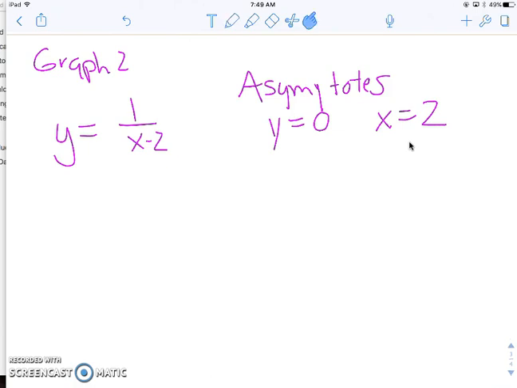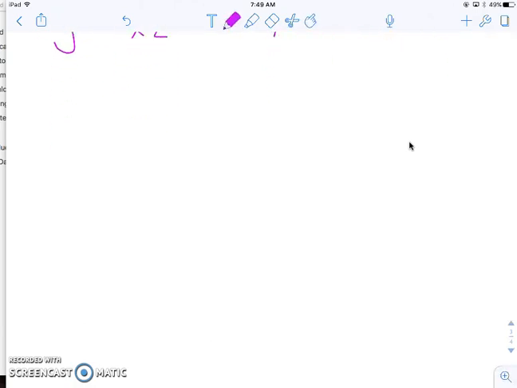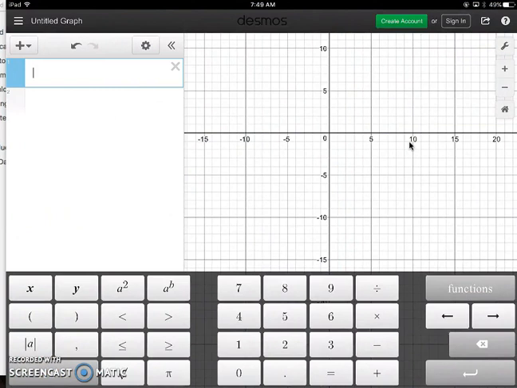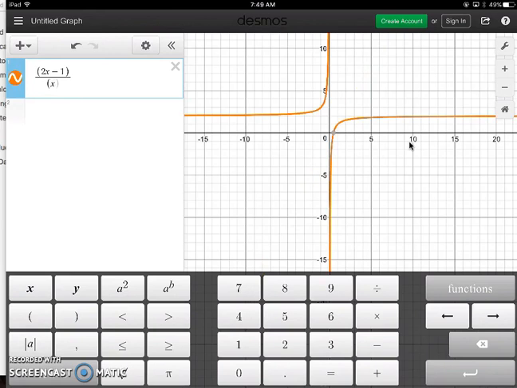So our goal today is to be able to identify these from a graph. So let's say we have y equals 2x minus 1 over x plus 1. Some of you might remember the equation, but if you don't, just go back and graph it. So we have 2x minus 1 divided by x plus 1. And we can see where our asymptote